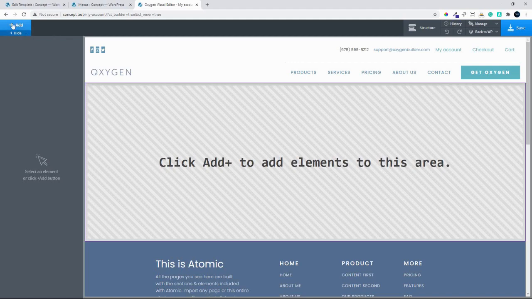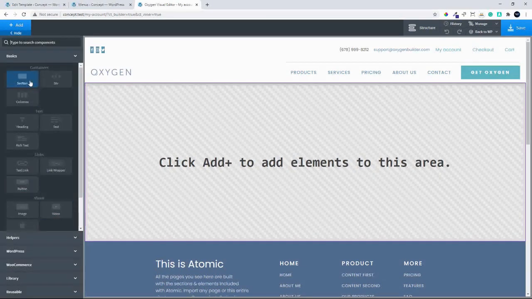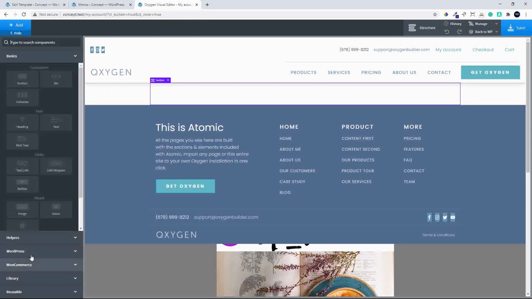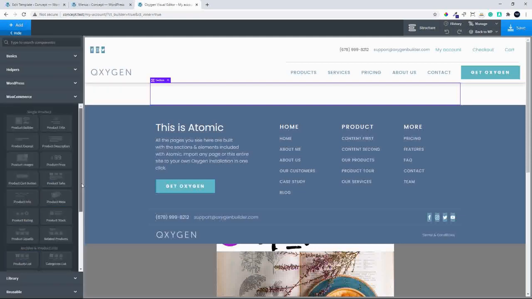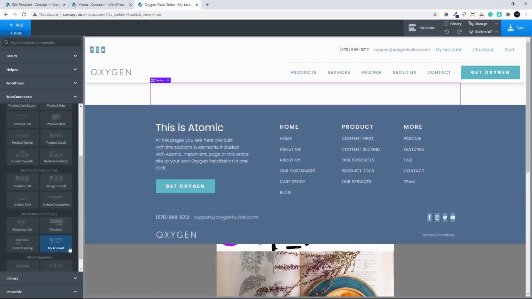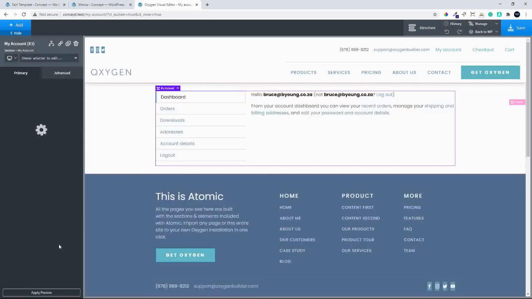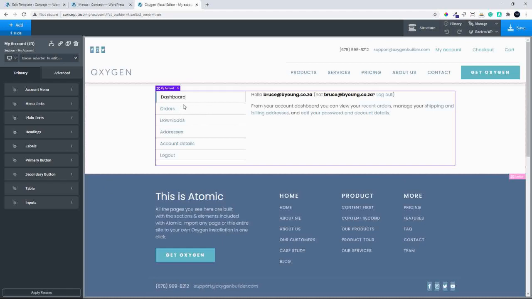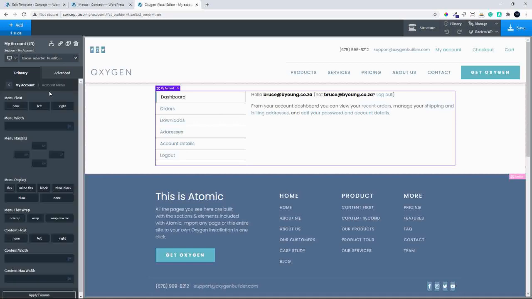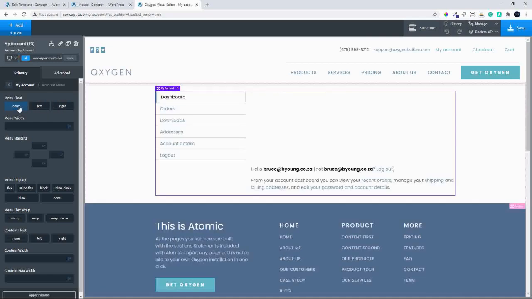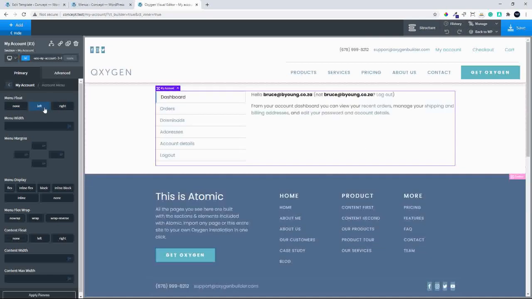With Oxygen loaded, we add a section. We head over to the WooCommerce options and we just scroll down a little bit here until we get to the My Account. I select My Account and you'll see now that it's slightly different because we have this nicely formatted tab section down the left hand side, and across the right hand side I have the information. But once again, I can move in here and the menu float I can move to the left, or I can move to the right, or I can select none. So in this case we'll select left,